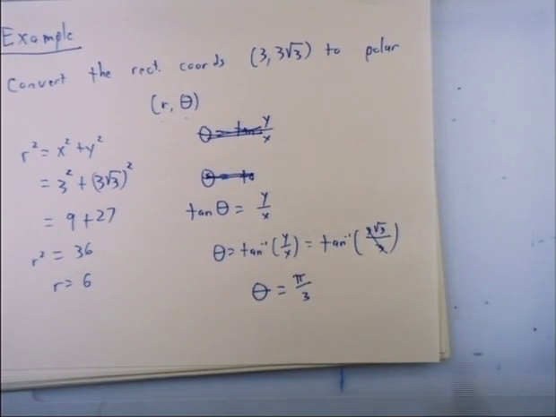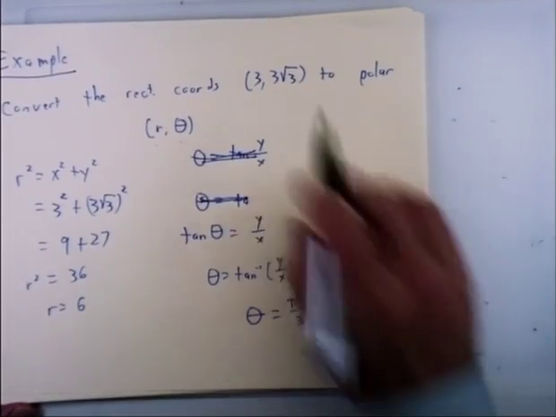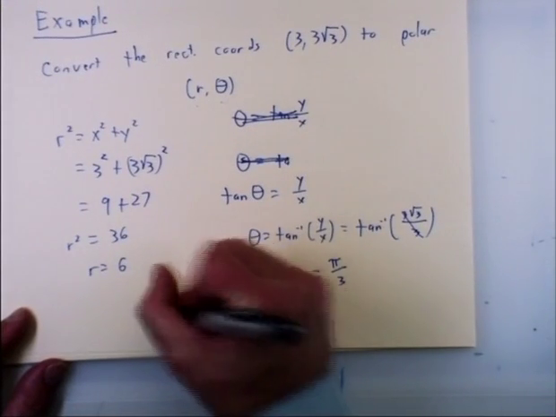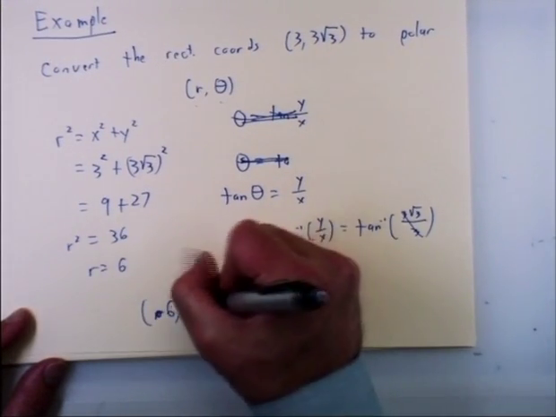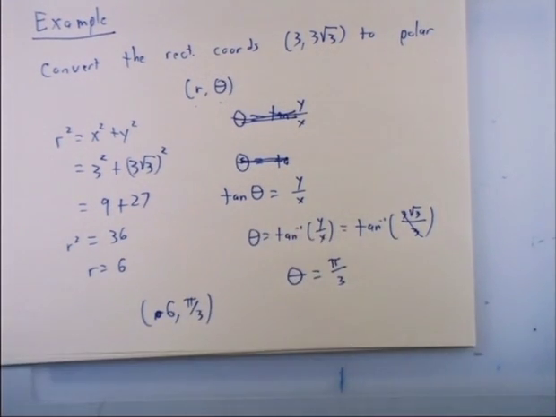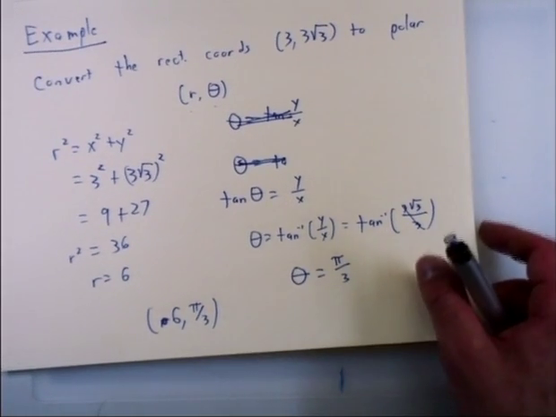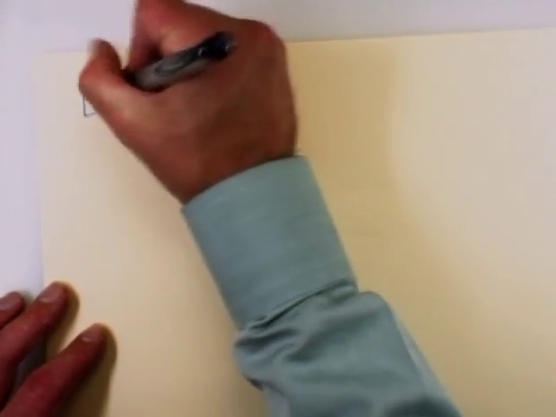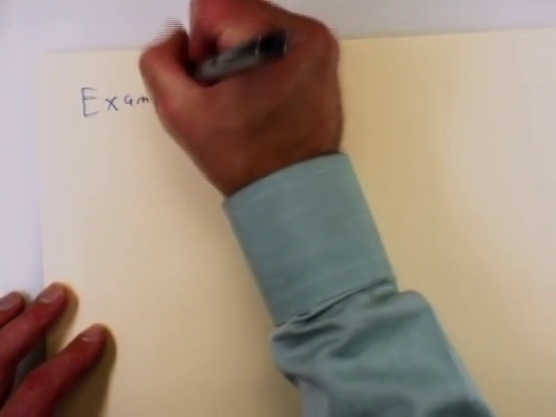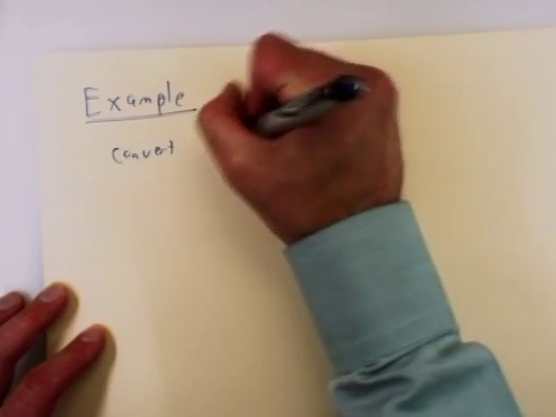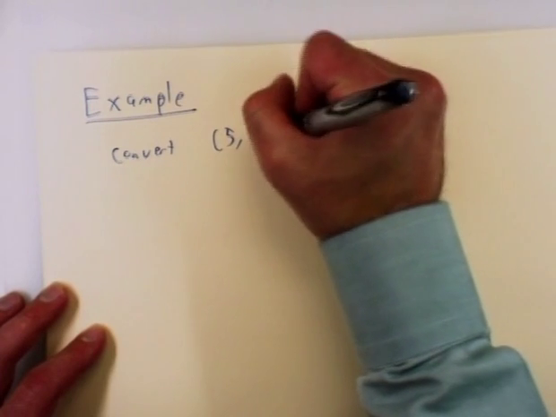And so the rectangular coordinates 3 root 3 for x and y correspond to the polar coordinates 6, pi over 3. There are simply two different ways of expressing exactly the same point on the plane. Let's try once where we go the other direction. Let's try an example where we know the polar coordinates and we want to convert them to rectangular coordinates. So let's say convert 5 comma pi over 6